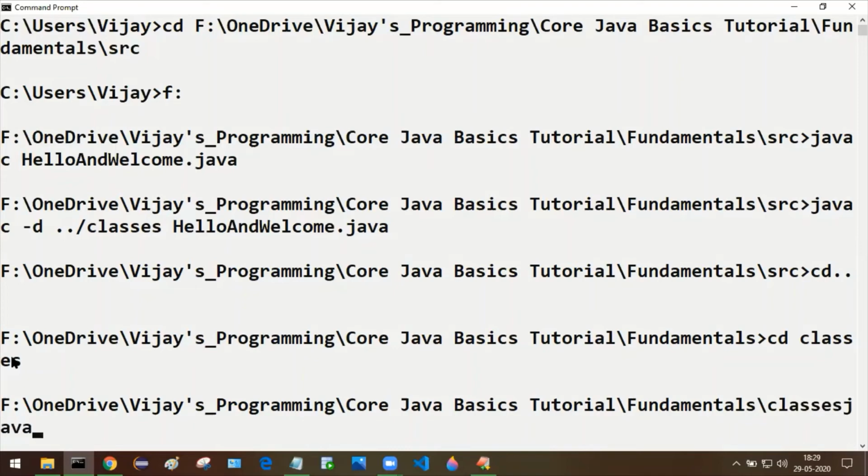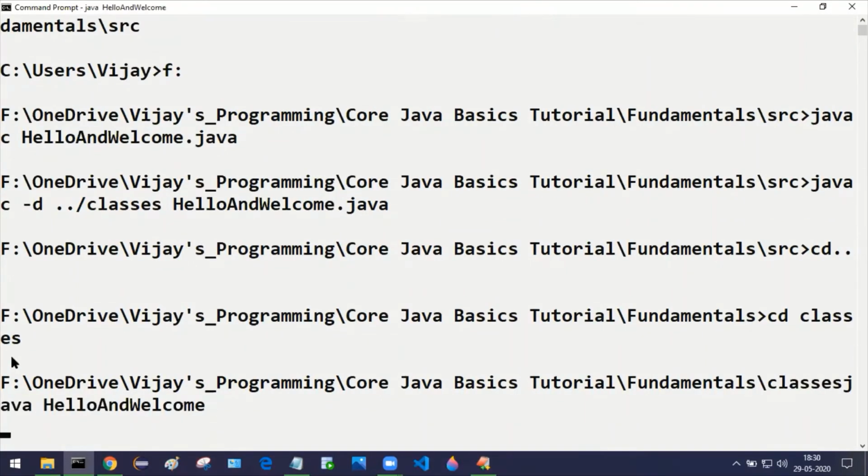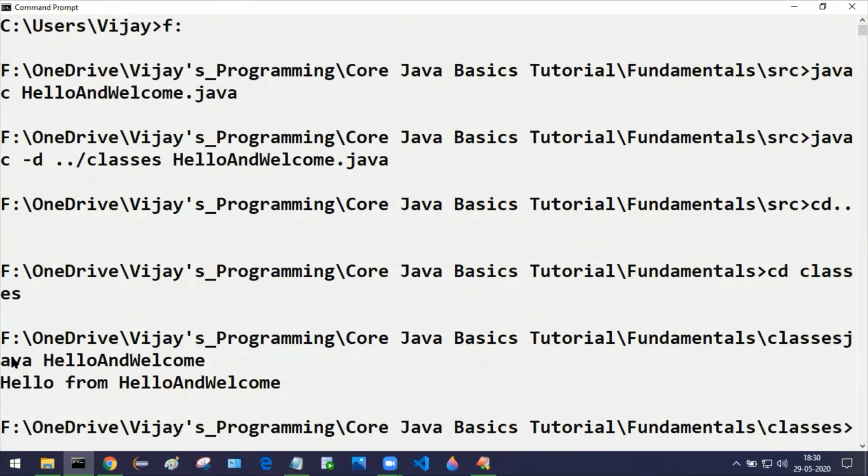That is java space the name of the generated class, that is HelloAndWelcome. If you press enter, we will get the output as hello from HelloAndWelcome.